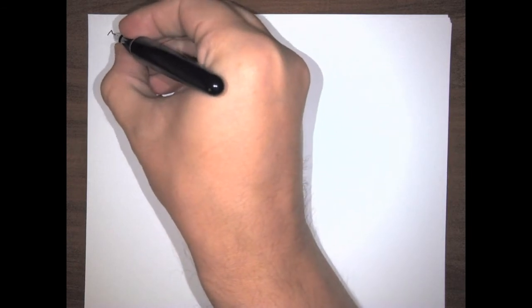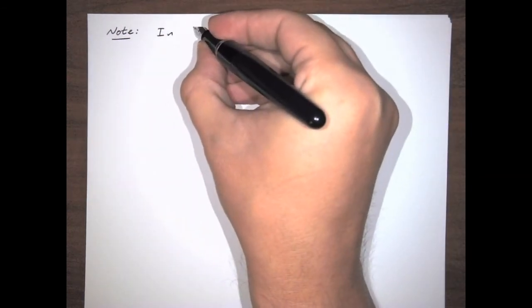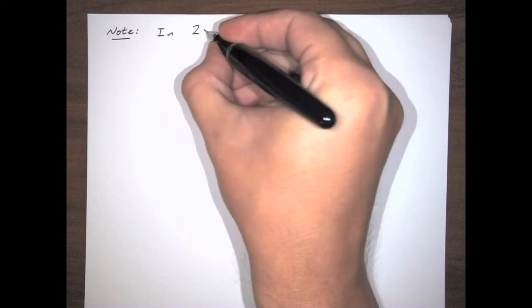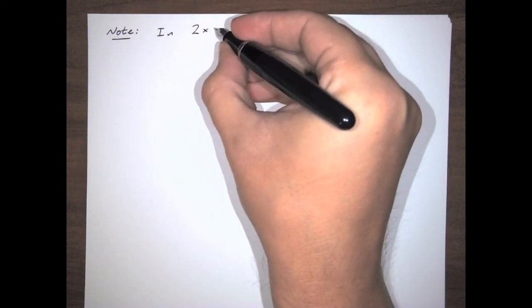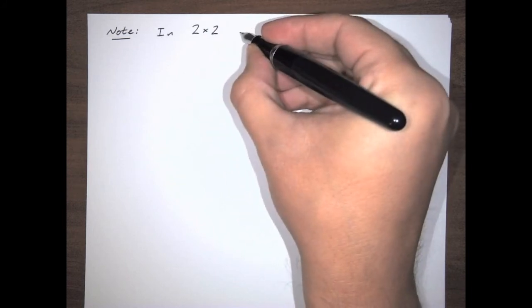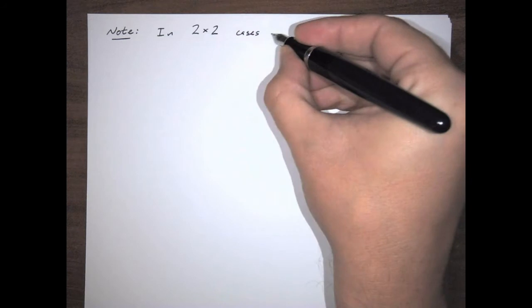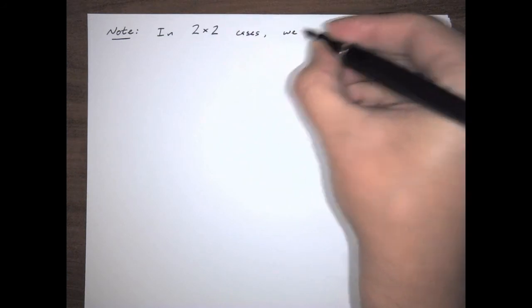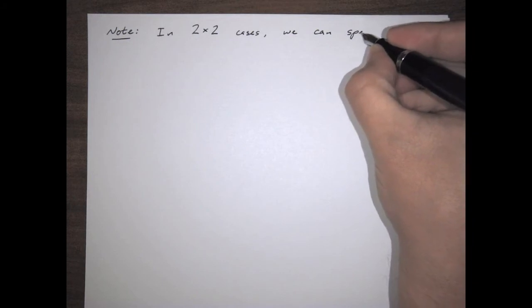So note, as in so many other things, 2x2 is simpler, and we can develop a quicker pathway to victory in this. So in 2x2 cases, we can speed up the process